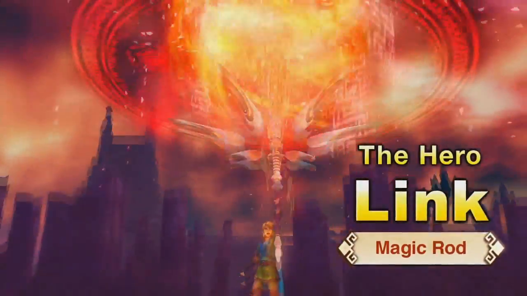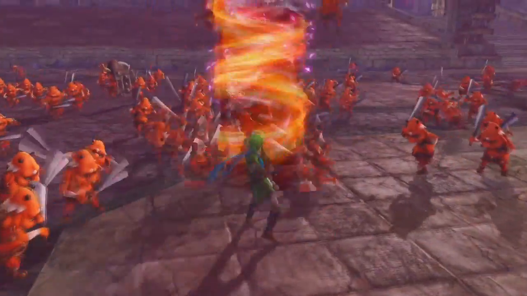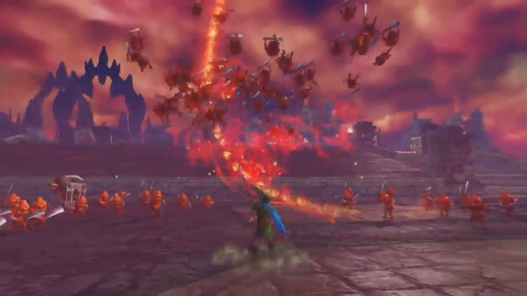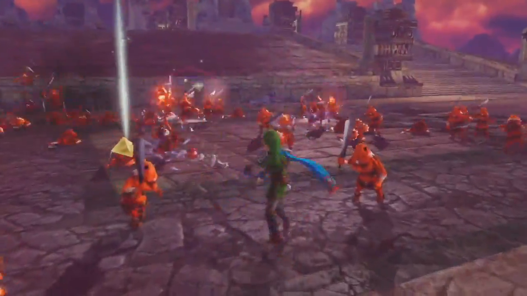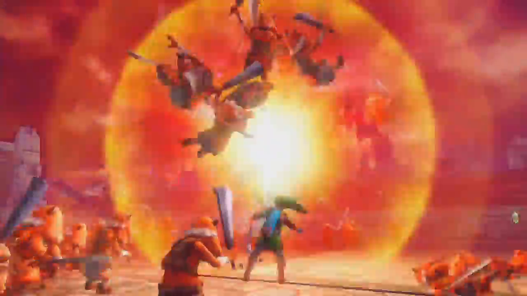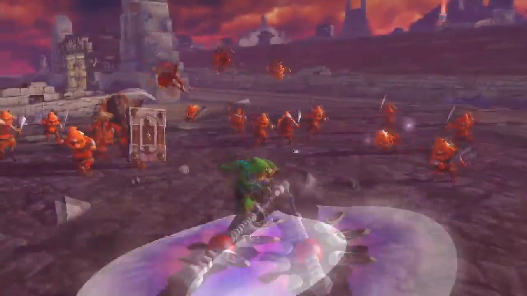His second neutral special is the magic rods. Link swings a wand, sending forth a stream of either fire or ice, similar to Bowser's fire breath. It alternates between the elements each time it's used, with the fire rod having longer range but the ice rod having the ability to freeze enemies. Unlike Fire Breath, the attack does not diminish over time, instead it ends automatically after a few seconds. Link can cancel the attack by rolling, and both elements have a cooldown, but unless you're spamming the attack it